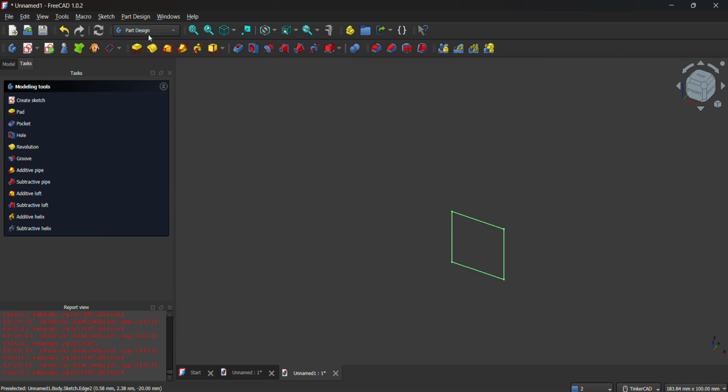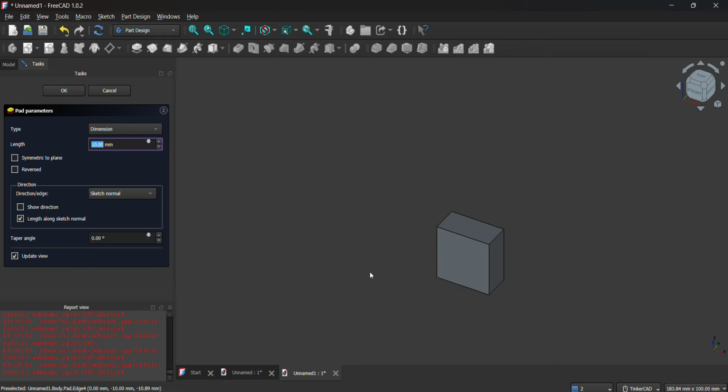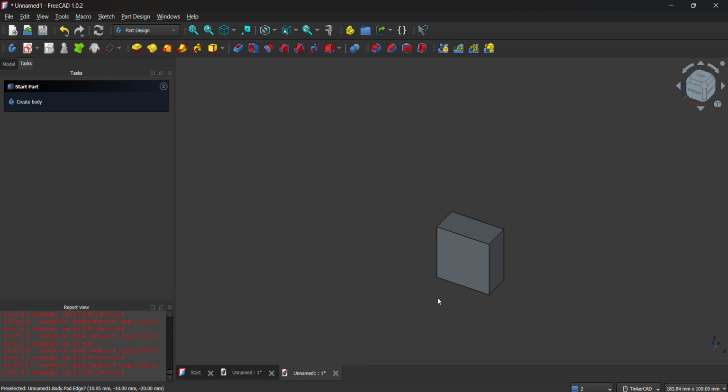And then I'll go back to the activated tools of part design. The first tool is padding or pad. That makes your square a 3D model or 3D design. By default, it is 10 millimeters, but you can set it to other measurements. But for me, I want 10 millimeter thickness, so I'll stick to 10 millimeters. Now you have this 3D model of your base for the Lego.